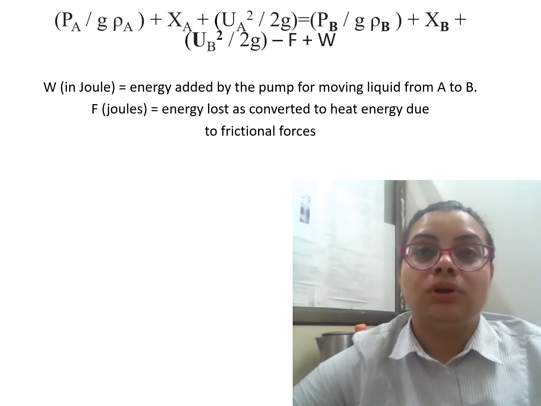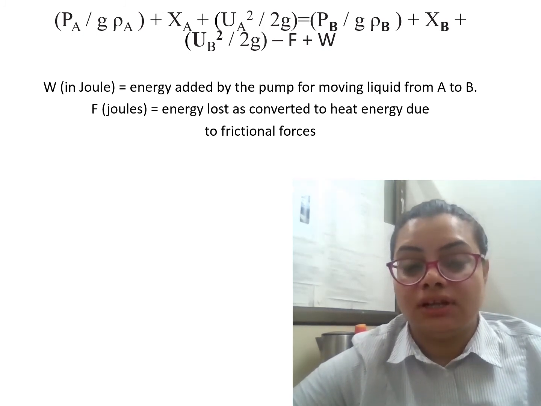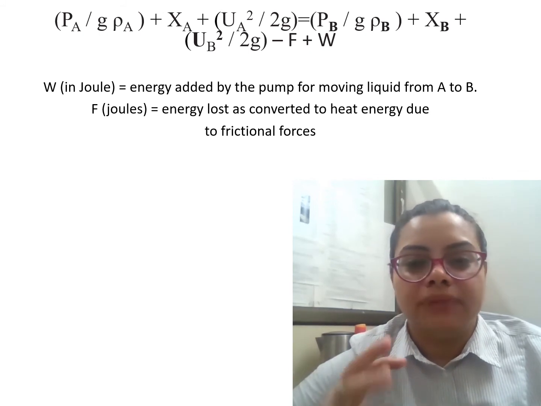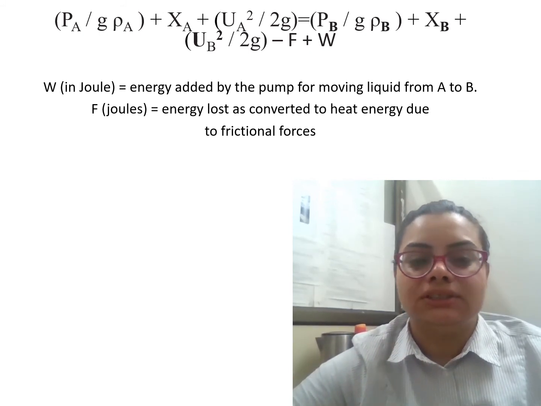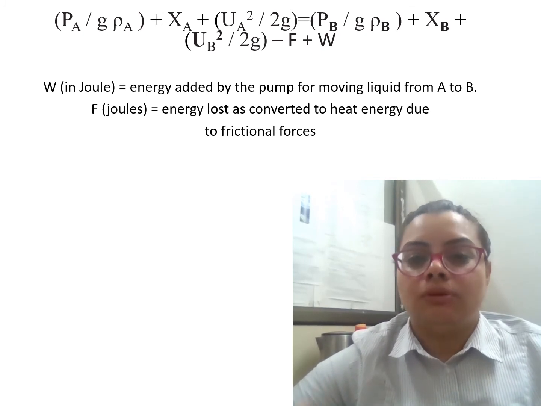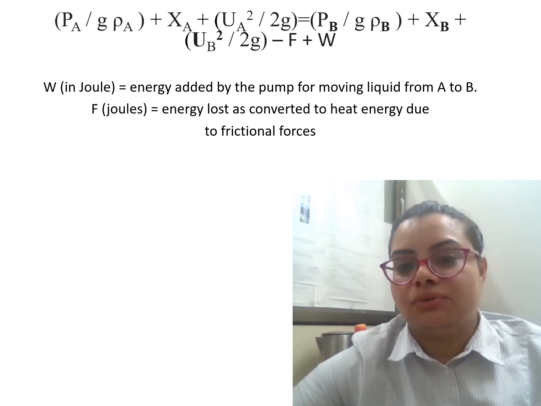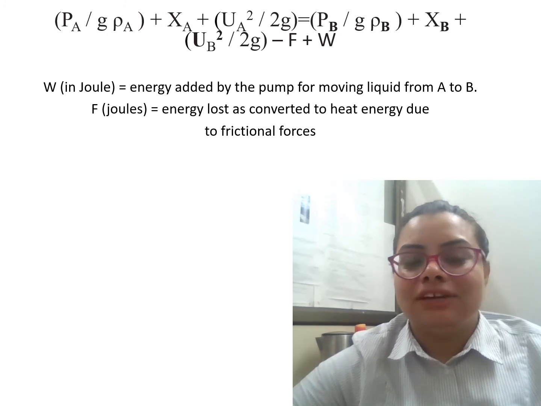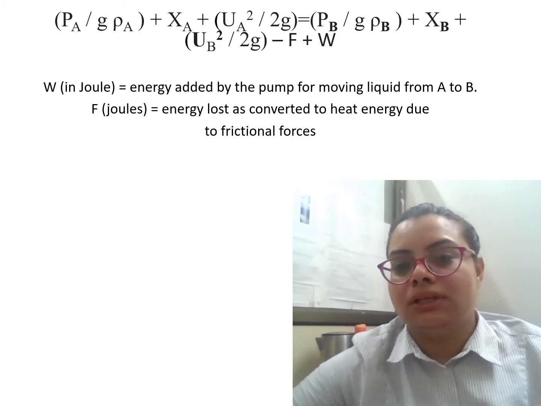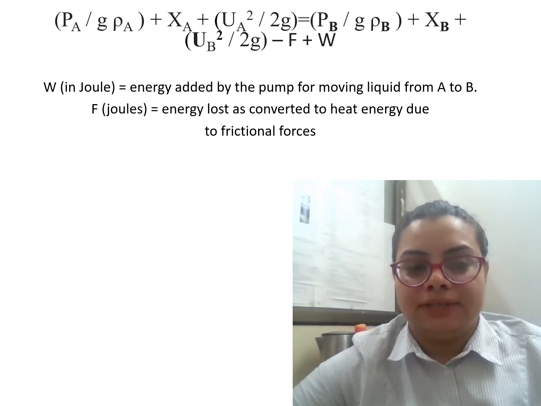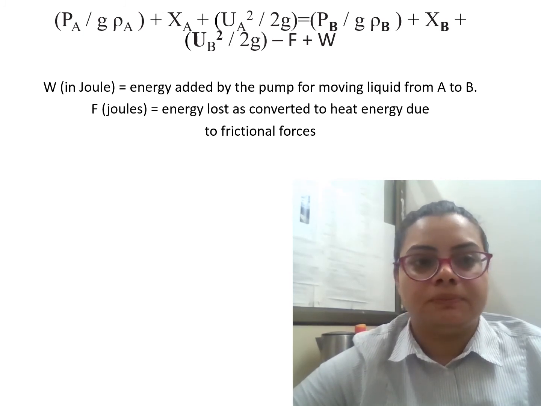Also, there were some losses in energy like friction losses, losses due to the change in direction or some eddy currents development. So all these energies which are lost will be converted into another form of energy, maybe heat energy due to frictional losses. So that has to be subtracted from the final equation. Okay, so minus F plus W is an additional term on the right hand side. So just note it as an additional step in the Bernoulli's equation.